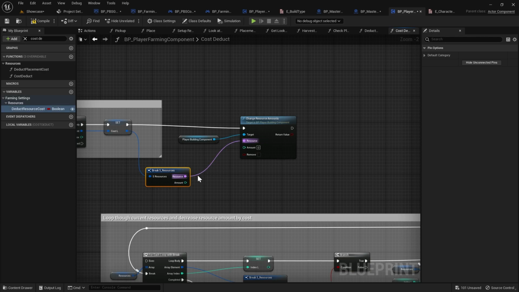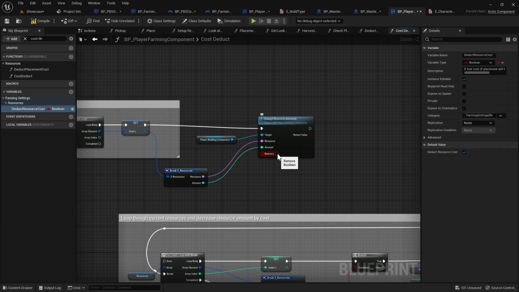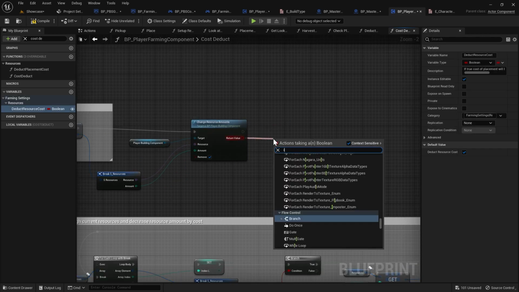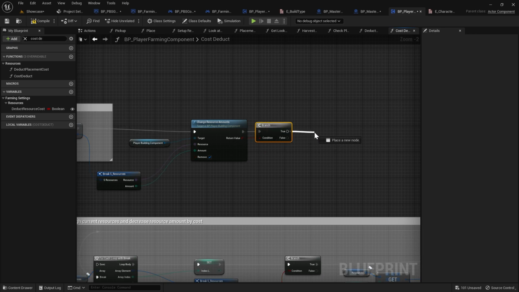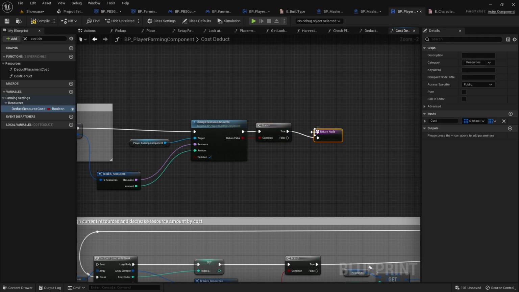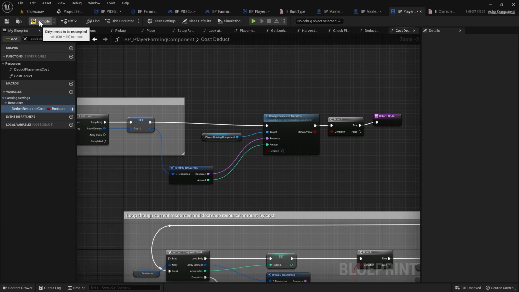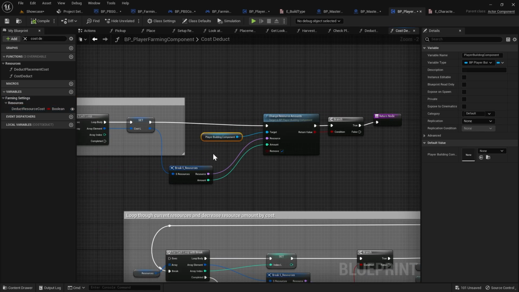Plug resource into resource, amount into amount, and tick on remove. Then drag out from return value and do a branch. And if true, we're going to return node, like that. Then we can compile. And again, just copy the player building component, and then we're going to search for cost